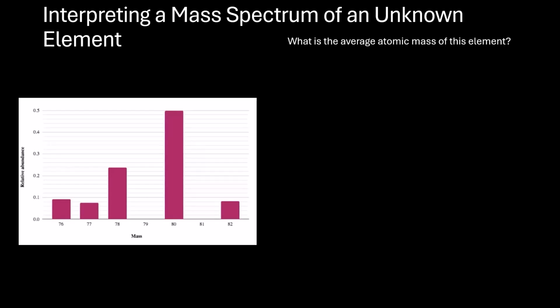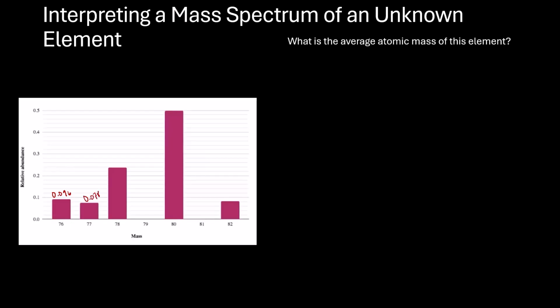And so what I'm going to do is go ahead and write out the relative abundance above each of those bars based on the y-axis, so I can easily transfer that to the math that I'm going to do. For the first one, it's not quite at 0.1. It's pretty close though. So I'm going to say that this is at 0.096. Again, you could have a slightly different number than that, but that's where I think it's going to be. The next one, not quite at 0.08, but very close, so I'm going to go